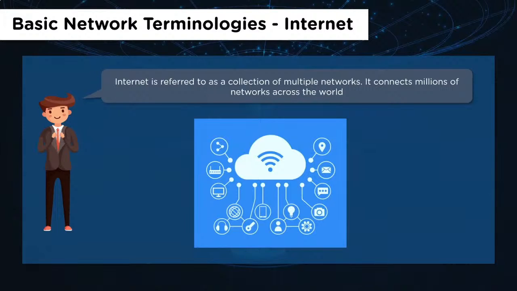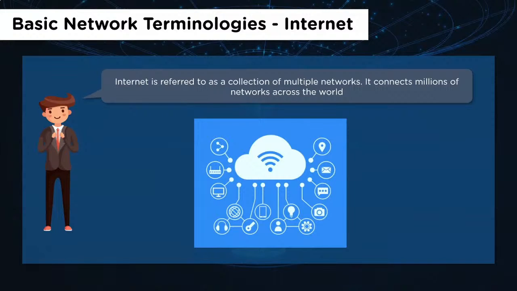Then, Internet. Internet is nothing but the collection of multiple networks globally. So all the networks that we have across the globe, when they are interconnected with each other, that is what Internet is. And if you just go back and talk about servers, this is what allows the internet to be formed. So every organization, when they publish their servers on the internet and they allow everyone to interconnect through these servers, that is where the internet comes in.